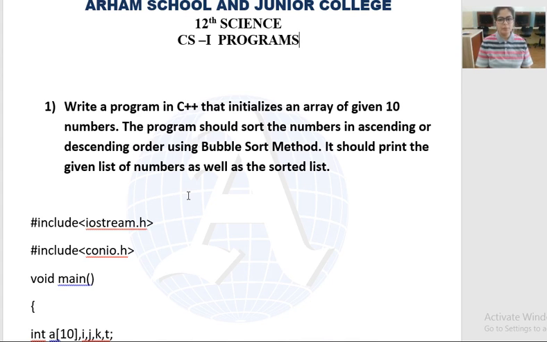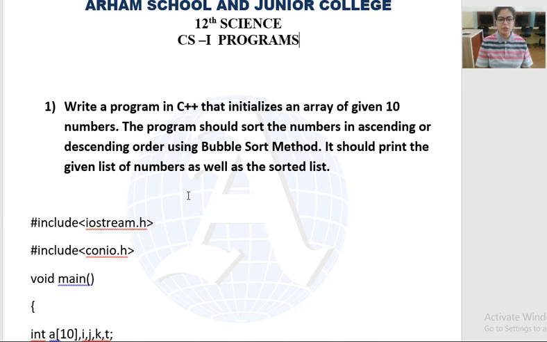Now first of all, what is bubble sort? We have studied bubble sort in CS1. Bubble sort is an algorithm which is used to sort the numbers. Next, how does it work? It works in passes and it compares the numbers in every pass. It compares the first number with the second number, and if the first number is greater than the second number, then it will swap both the numbers, because in bubble sort our main task is to move the greater number to the last position and to move the smaller numbers to the first or second, at their respective positions.